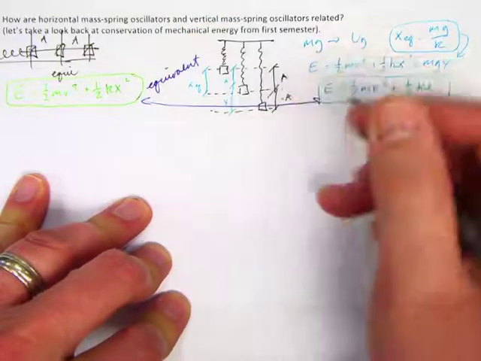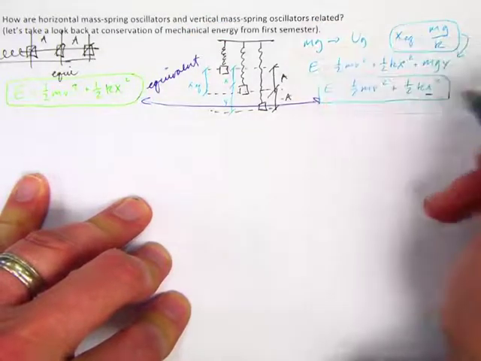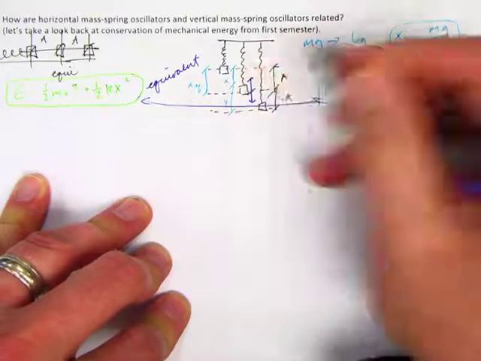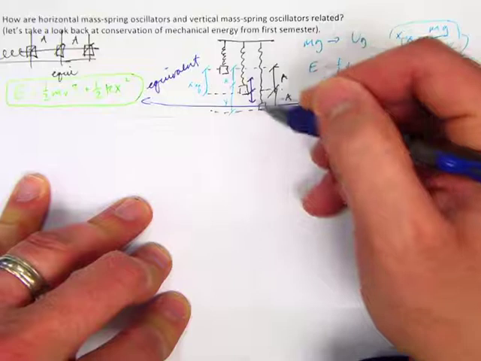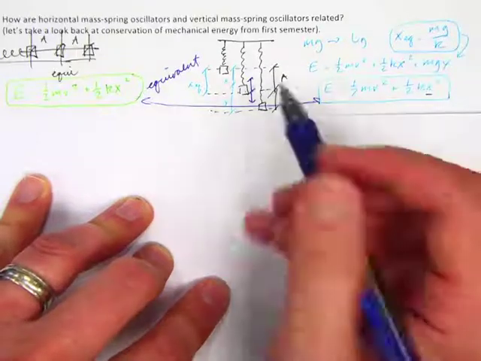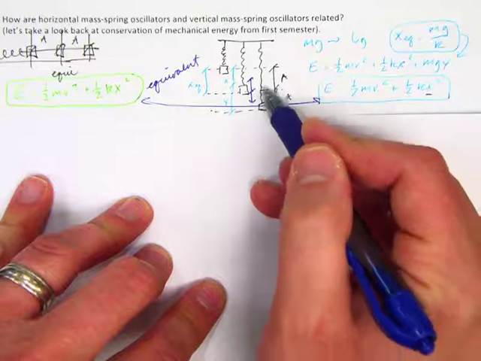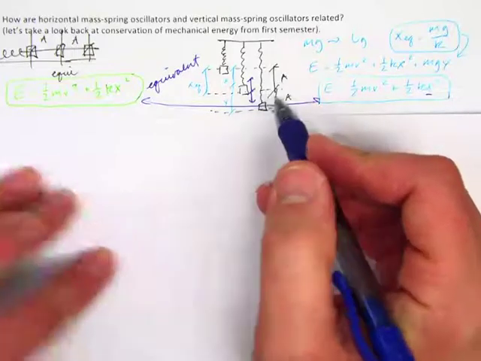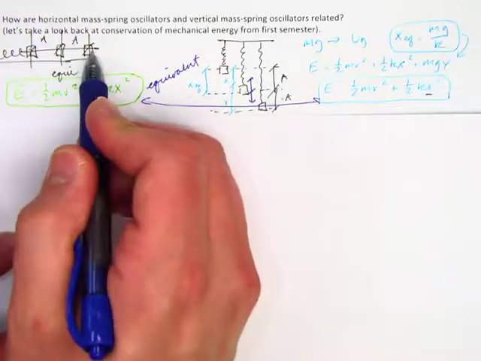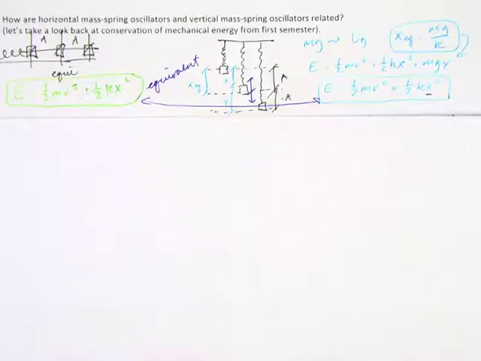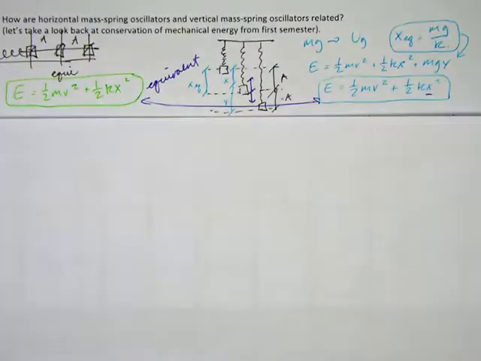Now, in the vertical case, this x would be how far the mass has moved to and from equilibrium. So a vertical mass spring oscillator oscillates back and forth across its vertical equilibrium, just as a horizontal mass oscillator oscillates back and forth across its equilibrium. And that's going to pay huge dividends for us down the road when we can treat vertical oscillators as horizontal